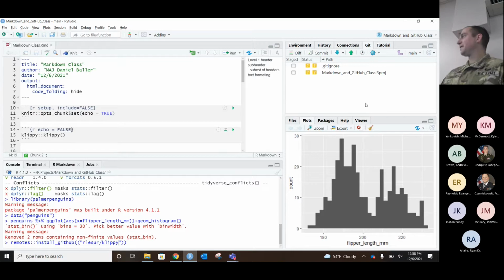Okay. If I were to put my data set into my project, it would push that CSV file into the GitHub as well, if you checked it on here as one of the files that you wanted to push. Now, I will say the only time this kind of goes wrong, well, there's a lot of things that can go wrong depending on what you're doing, but what I've seen is if you are trying to push large files,